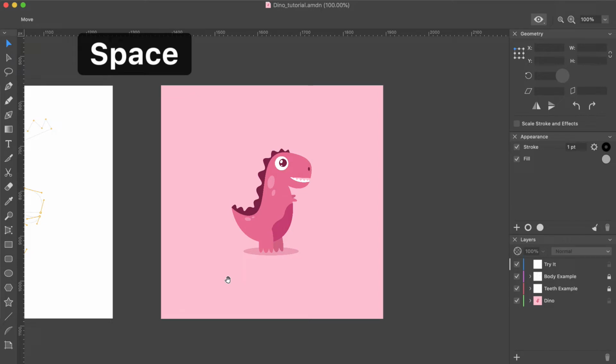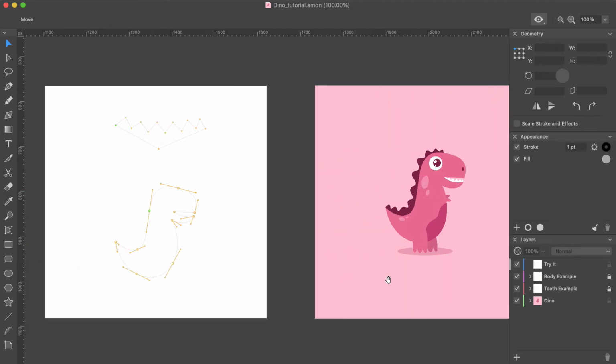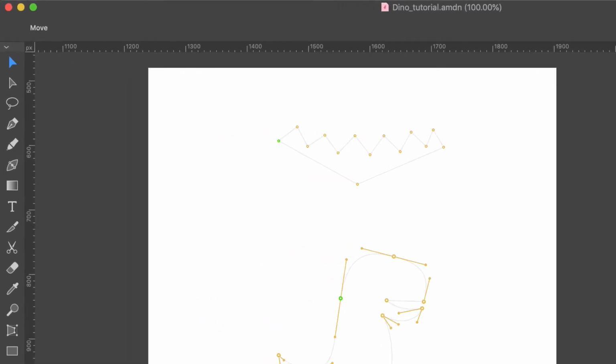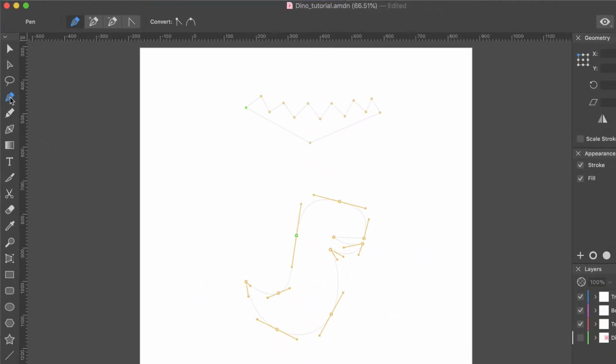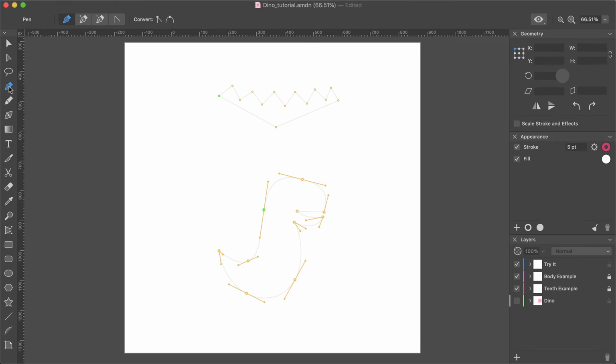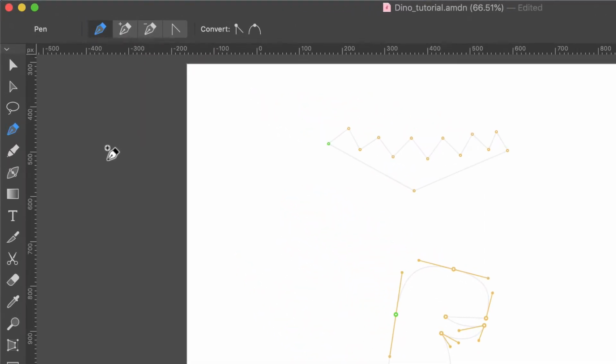Press and hold the spacebar key to switch temporarily to the Hand tool. Then drag the canvas until you reach the first sheet, and release the spacebar. Activate the pen tool by clicking on the little pen icon in the Tools panel or by tapping P on the keyboard. The view of the cursor immediately changes from arrow to pen.